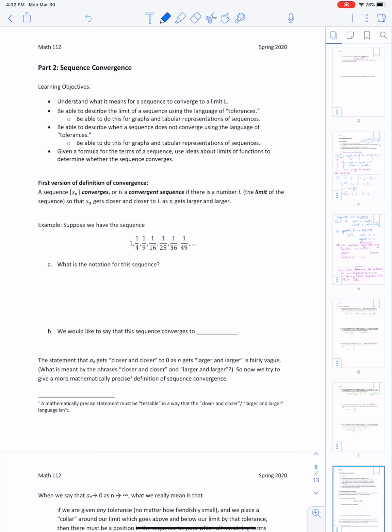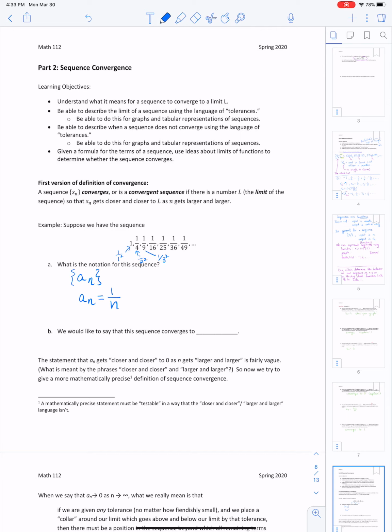If I want to write this sequence, let's call it a sub n, and we'll say that the nth term is equal to, well, notice that 1 is equal to 1 over 1 squared, 1/4 is equal to 1 over 2 squared, 1/9 is equal to 1 over 3 squared, and so on. So a_n, we conjecture, should just be